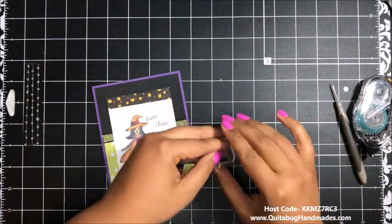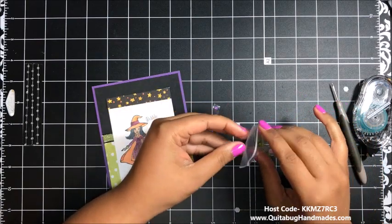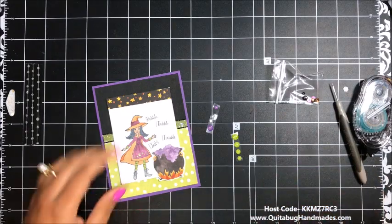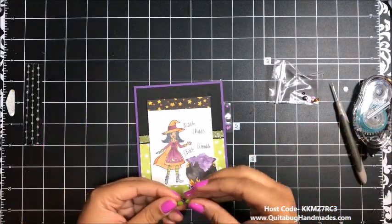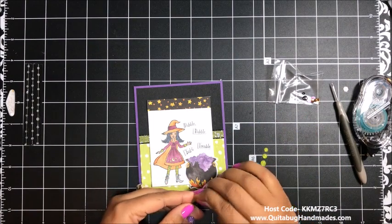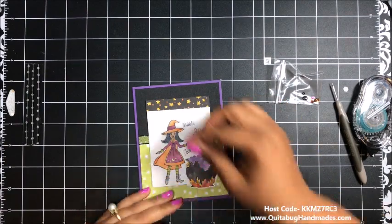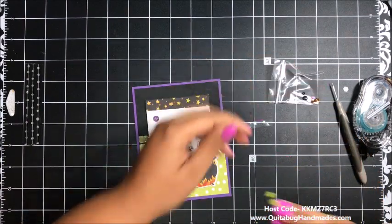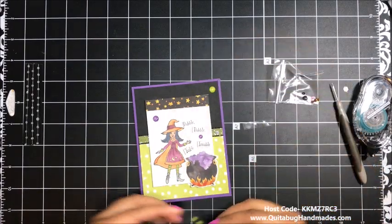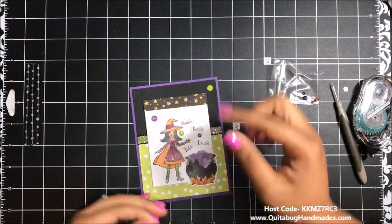And then to finish this card up, I'm just going to bring in the rest of my glitter enamel dots here. So I'll just bring in the rest of these, and I'm going to go ahead and add these on. So let's see, I'm going to put a little purple one. Just pop it right there, and these are our little bubbles. Isn't that fun? Pop that there. We'll do one here, right there,